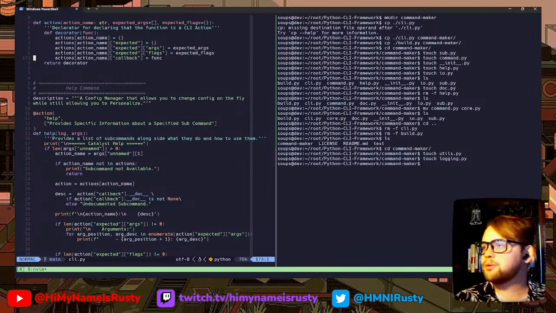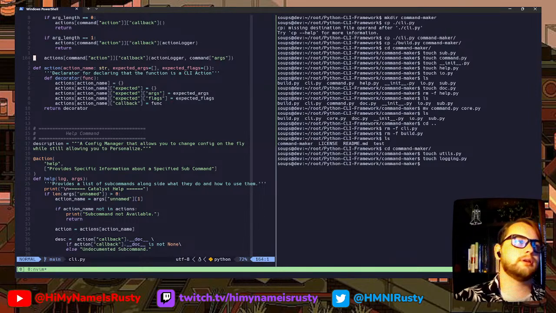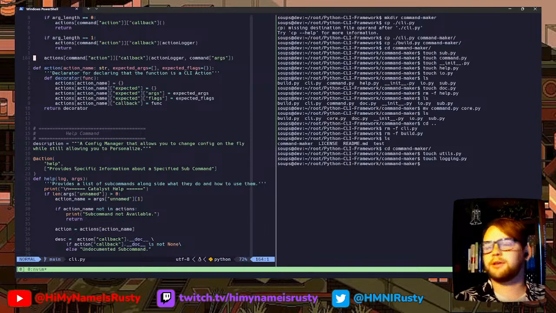So one thing I want to do is a command that calls another function if a certain flag is provided, or basically an overload, but for the command line.